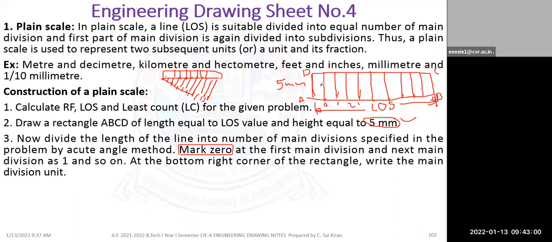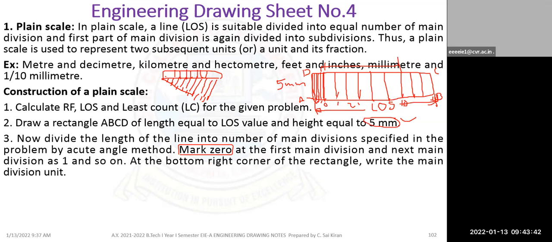If I want to measure and I have to divide again, I take my acute angle here again and divide this into 10 equal parts, because I need to know the divisions. Then the least count of this will become 1 mm. Suppose I want to measure 10.2: I highlight 10 from this side and 2 mm from this side, so the total is 10 cm and 2 mm. That's the reason the first one you have to mark as 0, and then you can mark continuously.